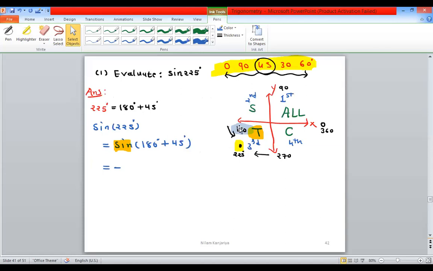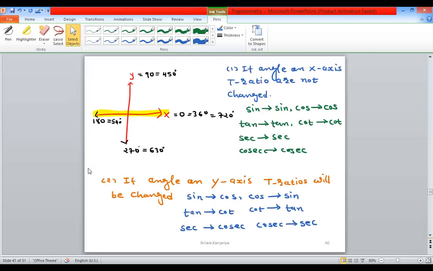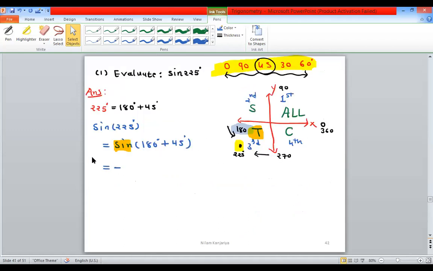I take the partition using the x-axis angle because 180 lies on the x-axis. If your angle is on the x-axis, there is no change in the trigonometric function. Sine will be sine, so sine is as it is,